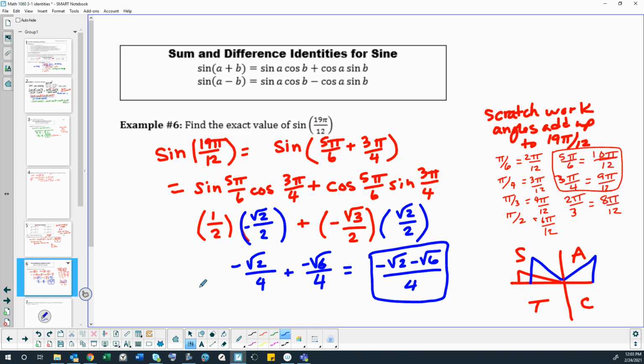So it must be like the sine of 75 degrees, but in a quadrant that makes it negative. Let's think about 19 pi 12ths. That would either be quadrant 3 or 4. I think it's quadrant 4. And so that would be a negative answer, which it is. And it's also somehow related to the cosine of 15 degrees, just negative. All right, let's look at